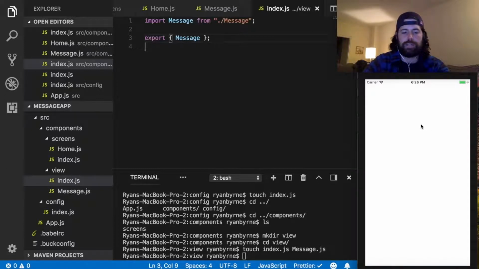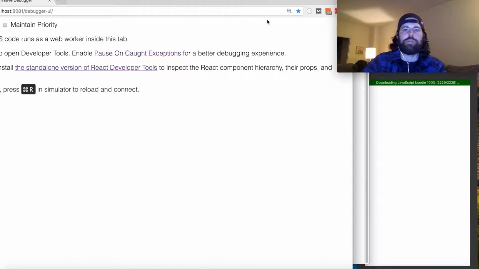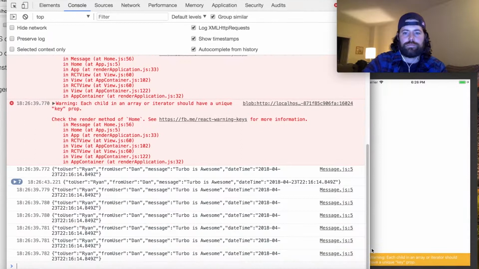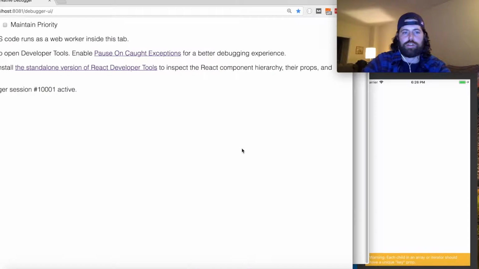If you're on Mac, Command D and say debug JS remotely. And I'll pull down my debugger here, and let's see what got passed through to each of those components. So it's literally the exact object with no extra keys or anything, just to user, from user. Just to demonstrate something quick,